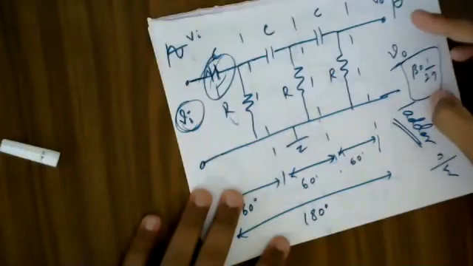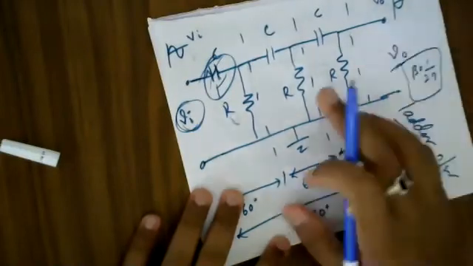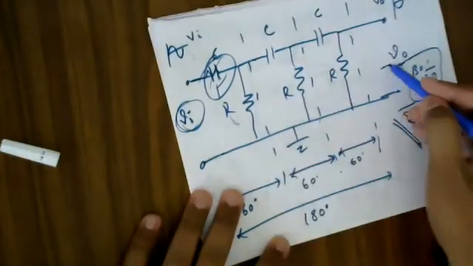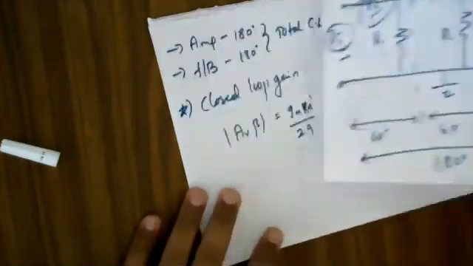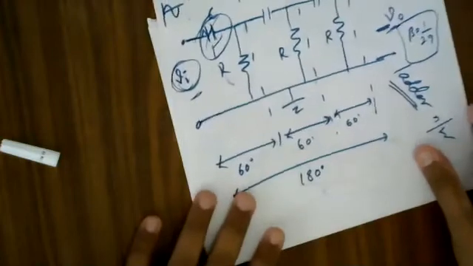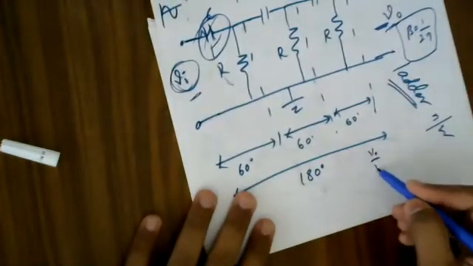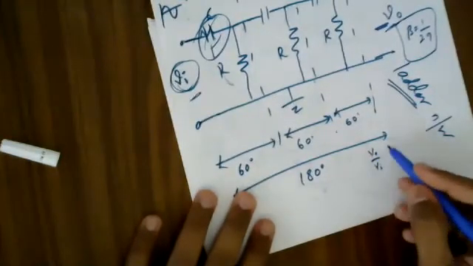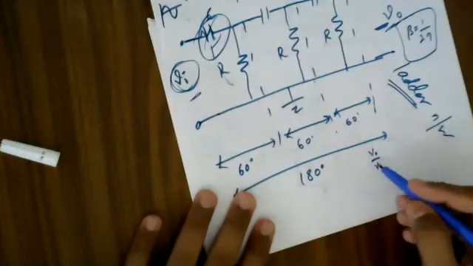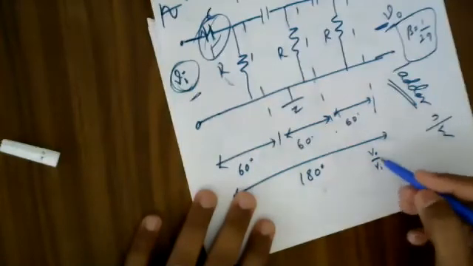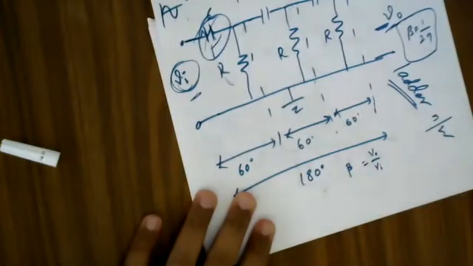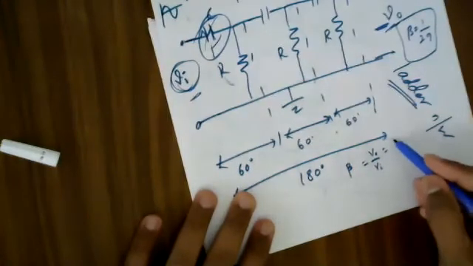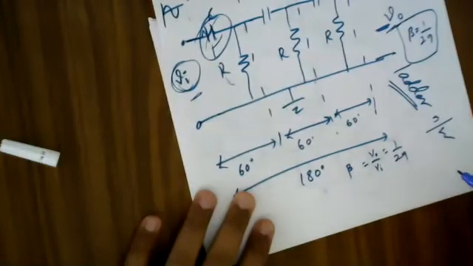Now, the gain of this circuit is nothing but output voltage to input voltage. If I take the ratio of my feedback, which is V out by V in, I'm not going to call it a voltage gain. It's an attenuation. Since it's an attenuation, I write it as the feedback factor beta. This gain is found to be 1 by 29.